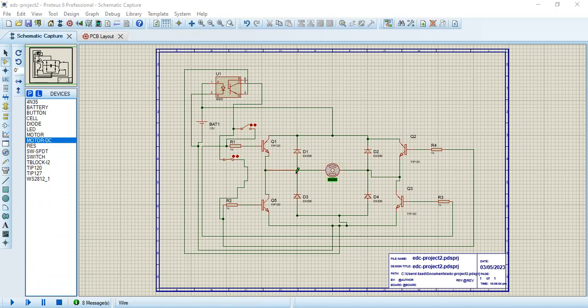After that, the current will then exit the DC motor through this ground right here, going back to the battery. Now further, I will simulate this right here. Now as you can see, this switch right here is closed, and due to this, the DC